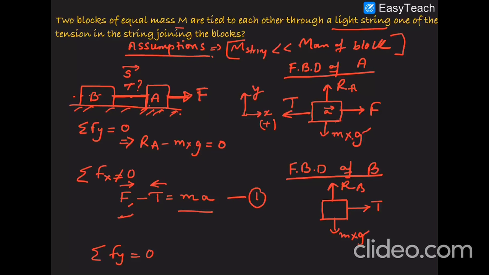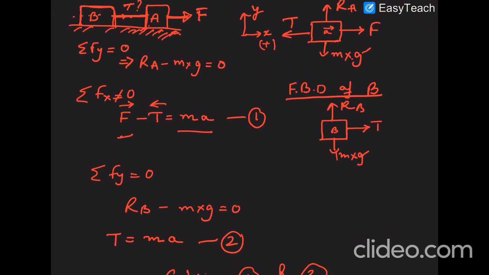Similarly, we will draw the free body diagram for B. This is B, right? And for B, we will see what forces are acting on it. One is the tension, because on this side we have tension. When you free the body from all the surfaces and cut the string, you see the tension is acting away from the body. So that's why we have drawn it here. Similarly, it has some mass, so mg will be acting downward, but it is not moving in the vertical direction, so definitely there will be some reaction force which is balancing it, provided by the table or maybe the floor. So that will be RB. That is how it is getting balanced in the y direction, that is RB equal to mg.